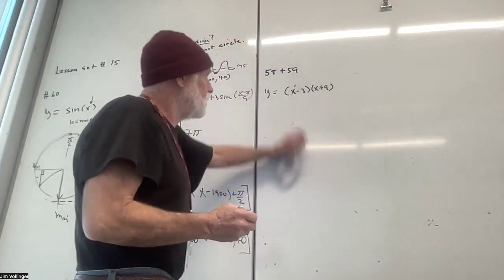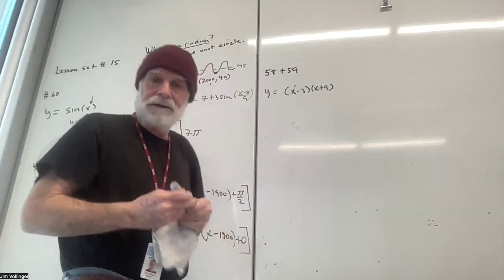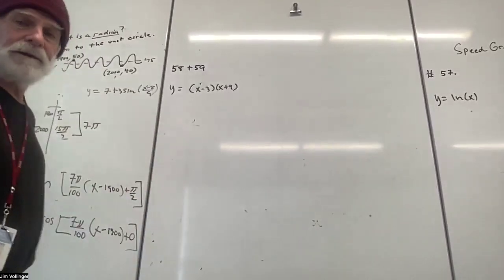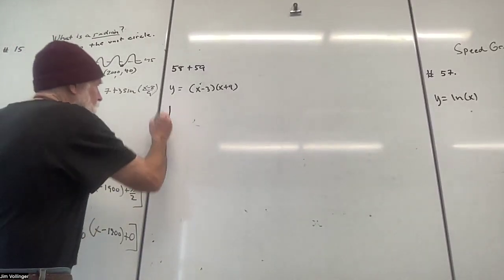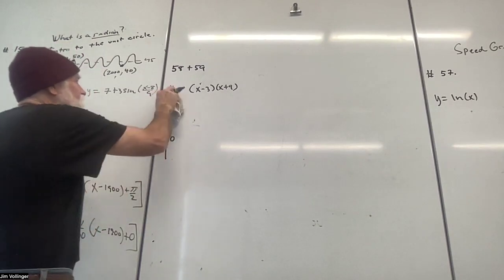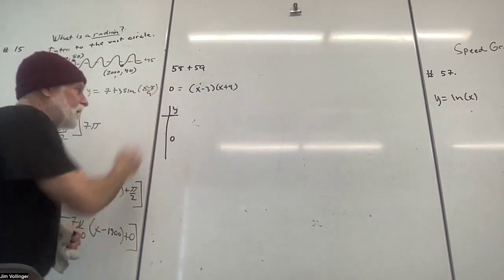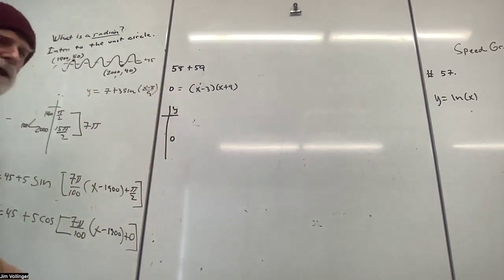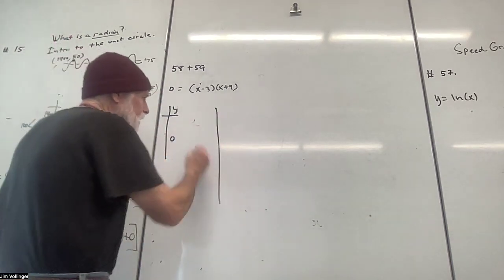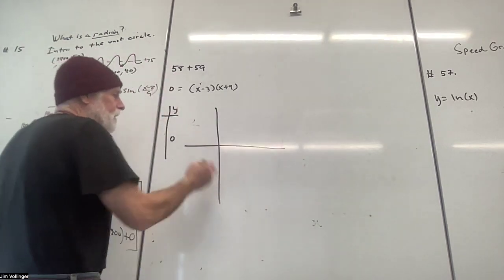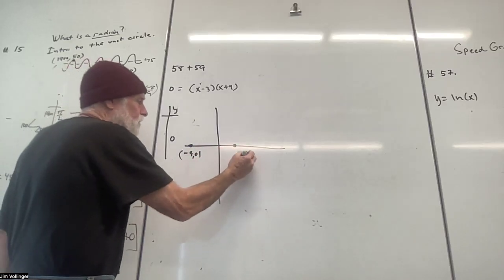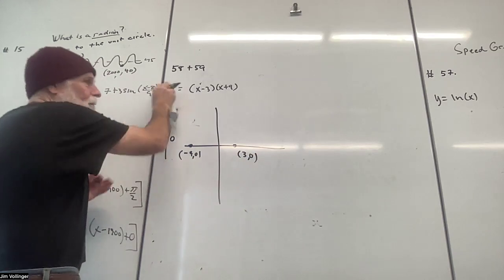Good, up and running. This problem caused trouble on the last test. I'm sorry that it did. It was the first time I actually put a Y here instead of something like a 0. Forgive me, but I think if this was a table and I put a 0, you might have put a 0 there and made the connection that a graph is a bunch of snapshots. And what snapshot did I give you right now? On the XY axis, I gave you the snapshot that -9 gets you 0 and that 3 gets you 0. Those are the snapshots that I hope